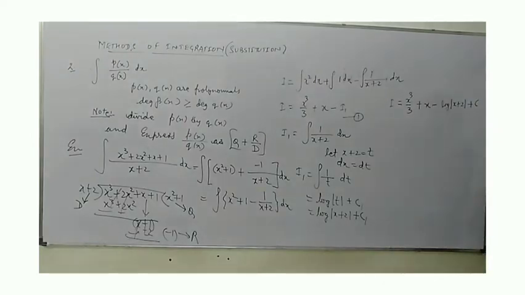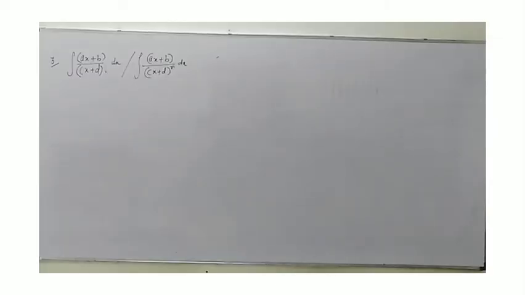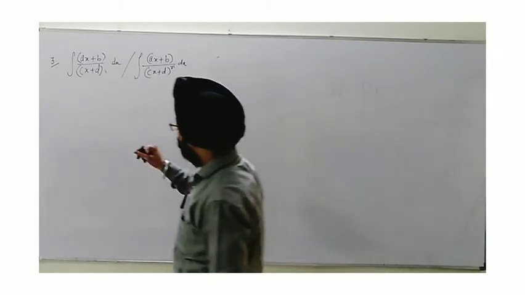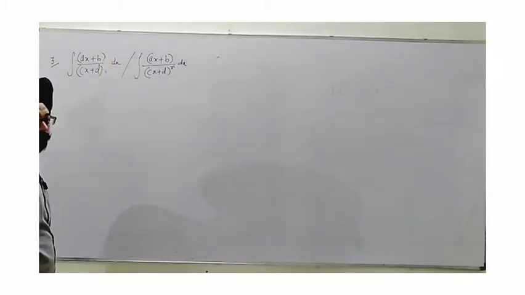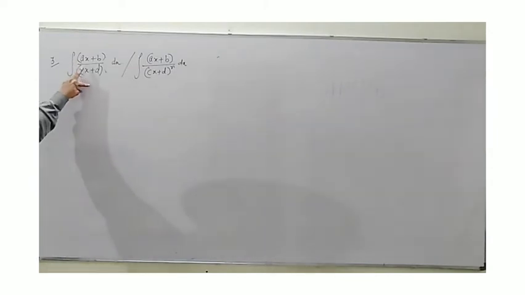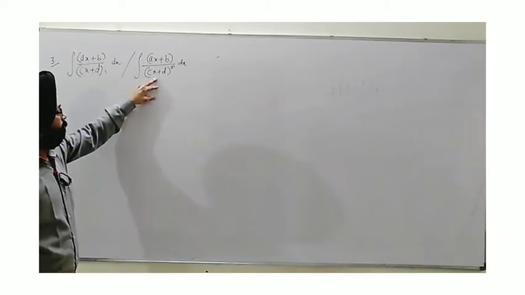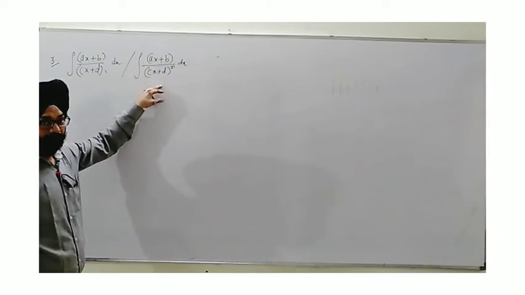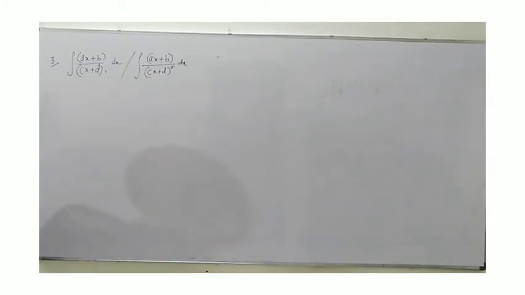Now maybe one question is why, as pattern number 3 of integration, I have taken the px upon qx pattern. The important part is that both are linear polynomials. This may be given either in the form ax plus b upon cx plus d, or the function may contain the denominator with some power, but both are linear polynomials. So whenever such a case appears, what to do? We consider cx plus d, the linear polynomial in the denominator, as t. We substitute this by the variable t.